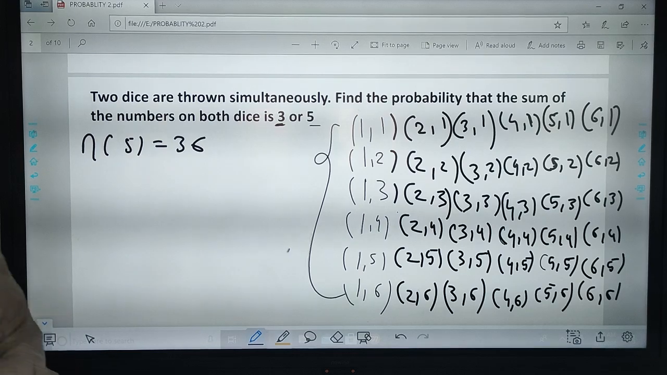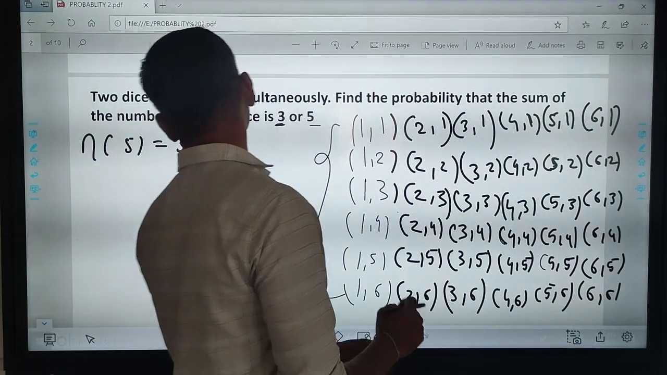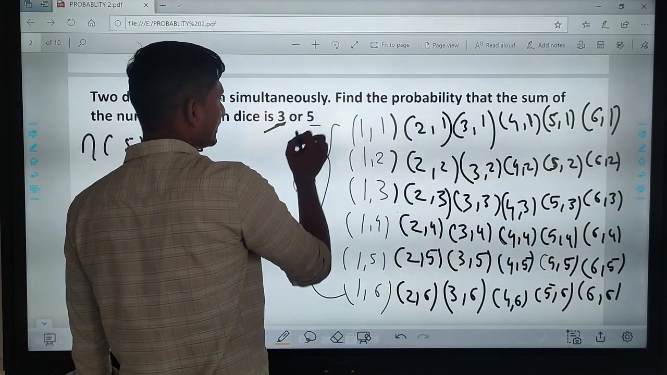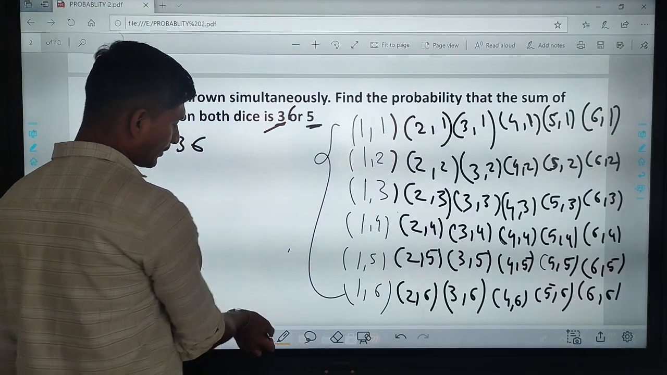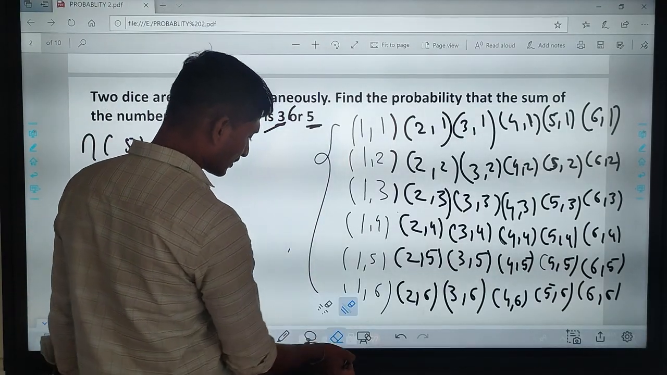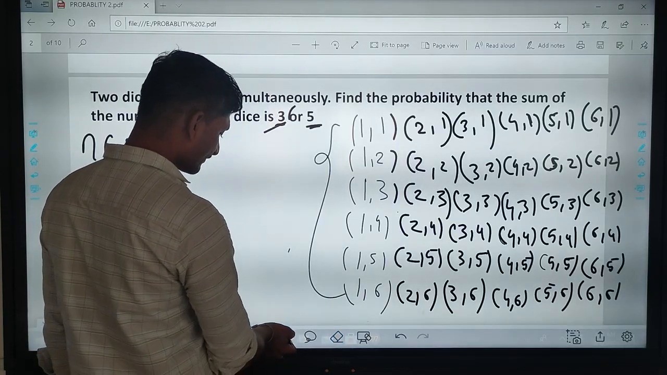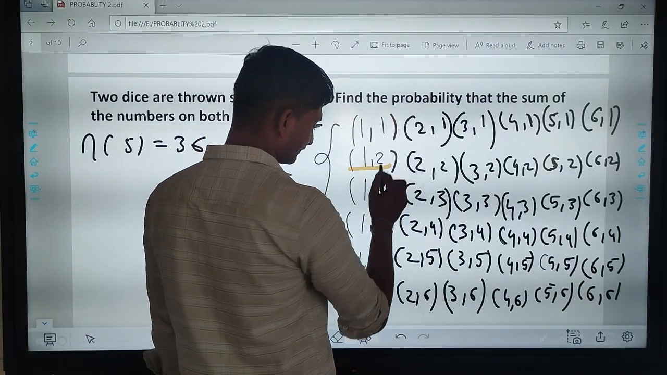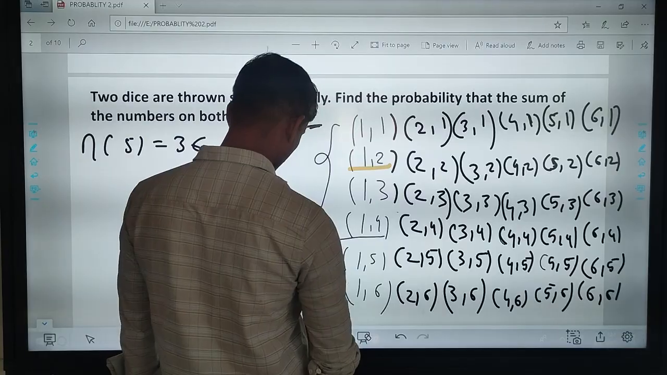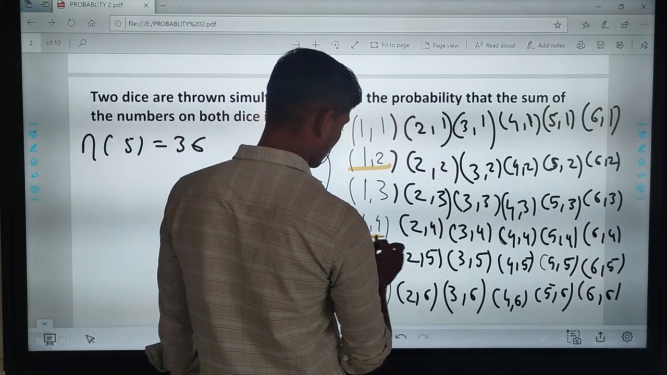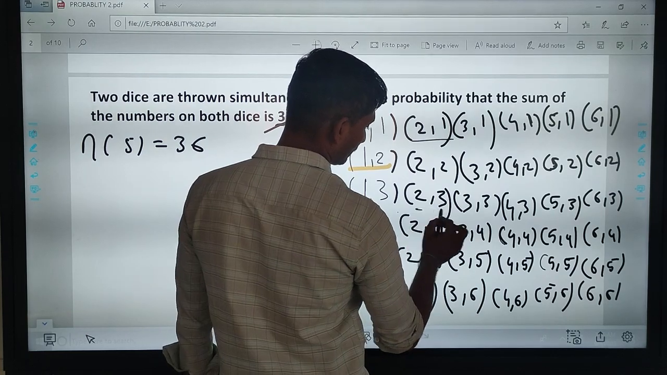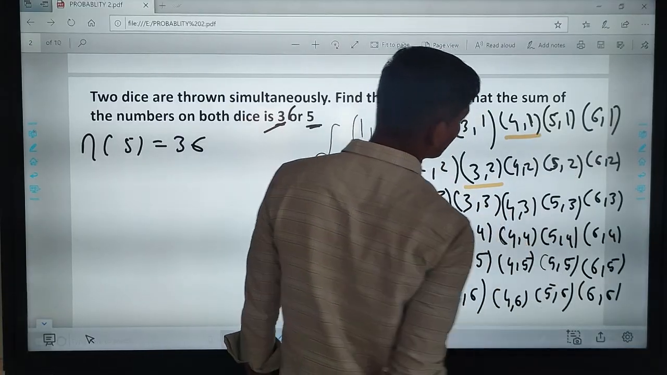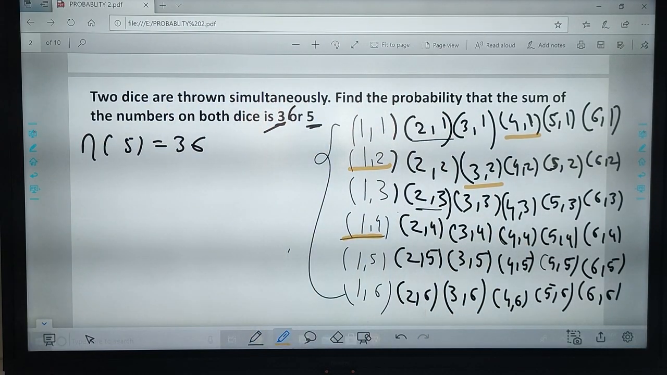If two dice are thrown simultaneously, find the probability that the sum of the numbers on both dice is 3 or 5. Now we find the numbers whose sum is 3 or 5. Here 1 plus 2 is 3, 1 plus 4 is 5. Now here the total number n of A is equal to